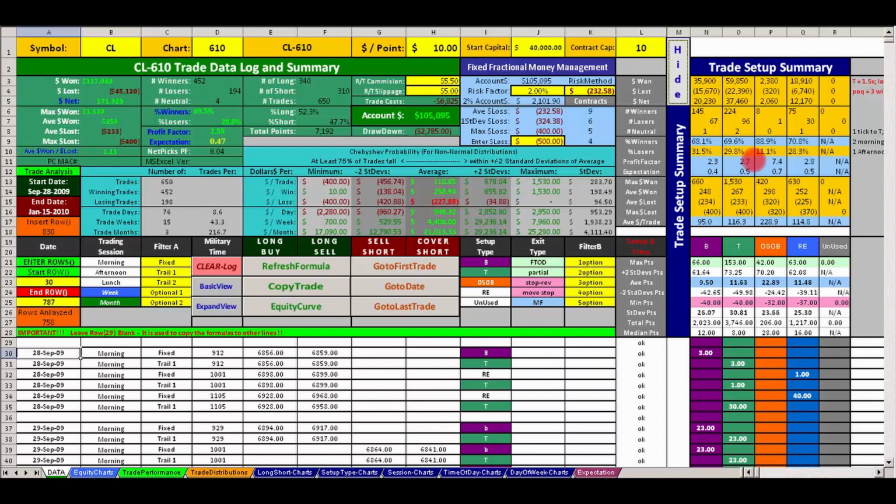The oversold overbought trade has only 9 of them on here because I added that setup much later in the data. That trade came later, and I noticed that it was a really good setup. As you can see, the first 9 won 8 out of 9, but that's a reversal trade, basically a counter trend trade. The whole idea of keeping track of each one separately is that you learn a lot about your system. If I learn that one of these trade setups is underperforming, I might go back and restudy that